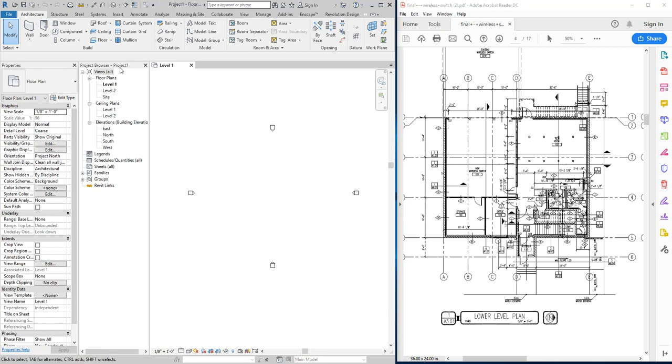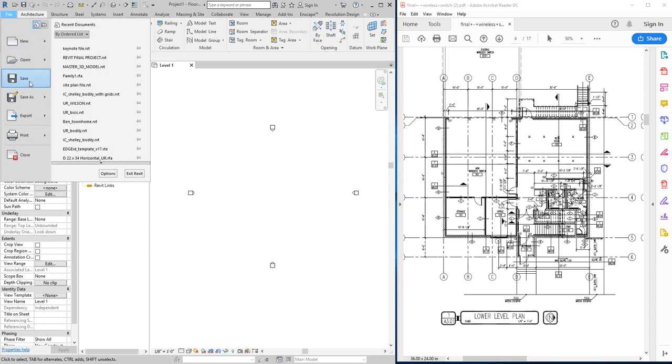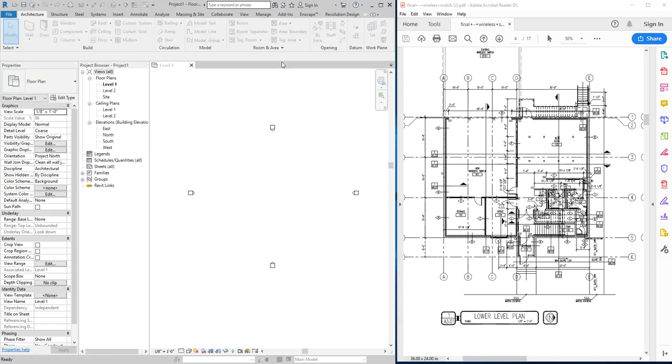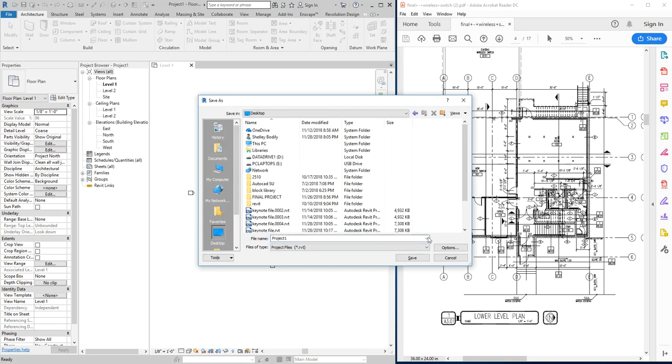Okay. The first thing I'm going to do, of course, is save my file. And I want to do that so that I don't forget, and somebody hits the plug on my desktop with a vacuum and it unplugs and kills my file and I don't save my work. So first thing, save as, project, and desktop. I'll create a new folder here and we will call this